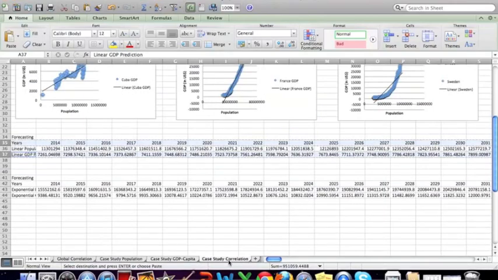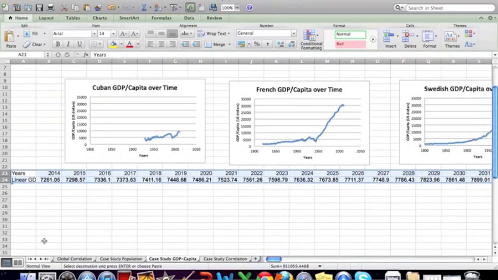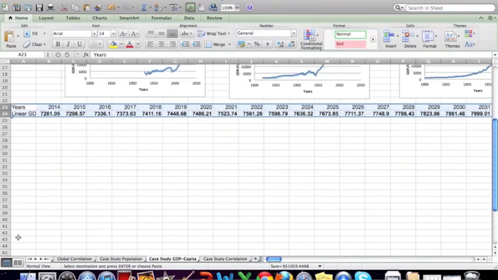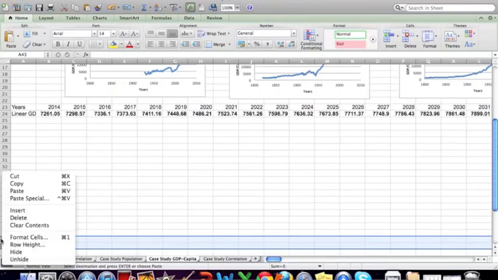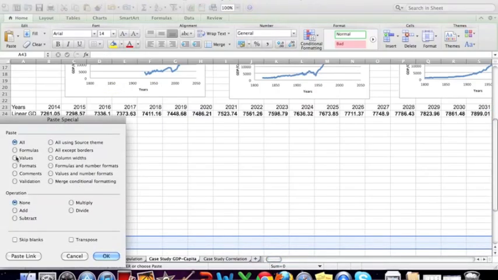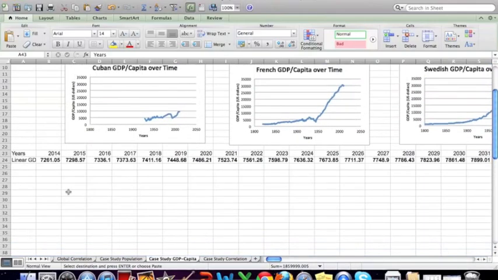Okay? Go back to your case study correlation chart, and now I want to get my exponential prediction, and I'm going to do the same thing. Click the years, hold down command, and click exponential, command C. I'm going to leave some space for a graph there, and I forgot to paste special. Okay, there we go. And now what I want to do is